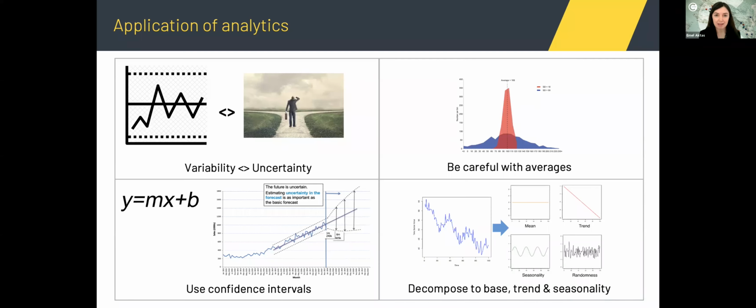So the main idea these types of platforms carry is that we have the demand series, and this is time series information. Currently, it's only focusing on the time series and decomposing it into a baseline series coupled with a trend and a seasonal element. So with the mean, the average, the trend and the seasonality, when we decompose a series into these elements, we are left with a randomness that we should be prepared for in our safety stock estimations. So that's the key idea, really.